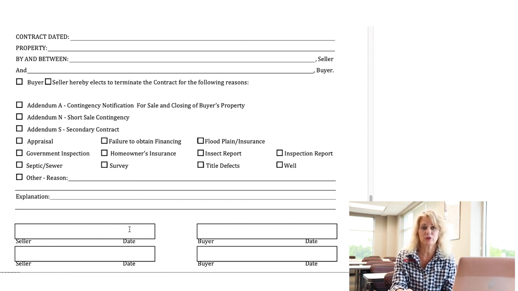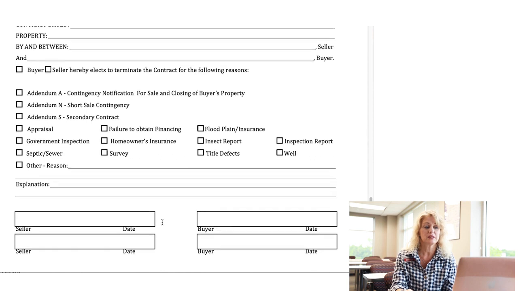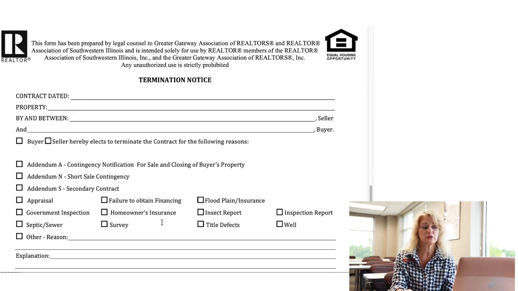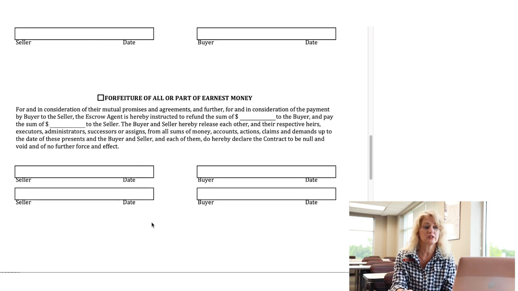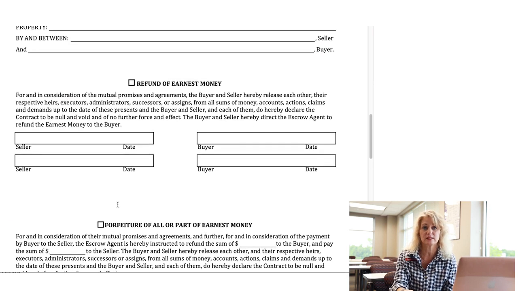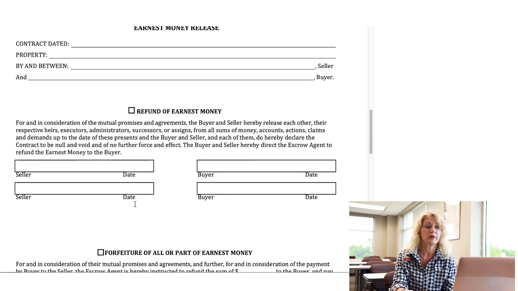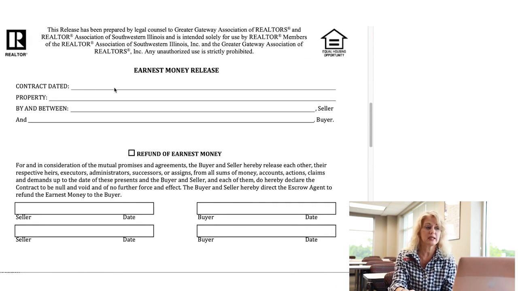So the contract then, of course, is terminated. Buyer and seller are no longer obligated under the terms of the purchase contract, except for the distribution of the earnest money. So that does need to be agreed upon. So now we have the earnest money release, contract dated, property address, between seller and buyer, refund of